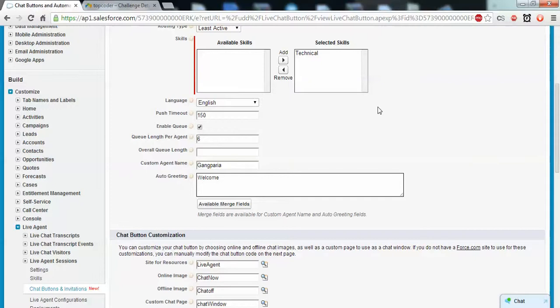I have enabled the queue, for 6. If a live agent has capacity of 1, the queue number of visitors who can request is 6, meaning he can handle a total of 7: one already accepted and 6 more can request to the particular agent.